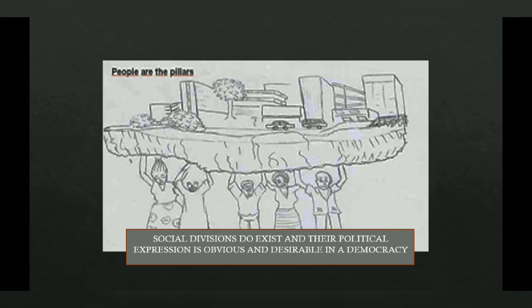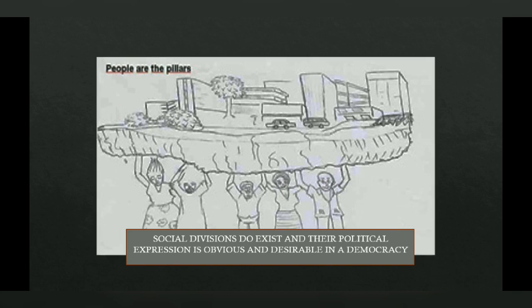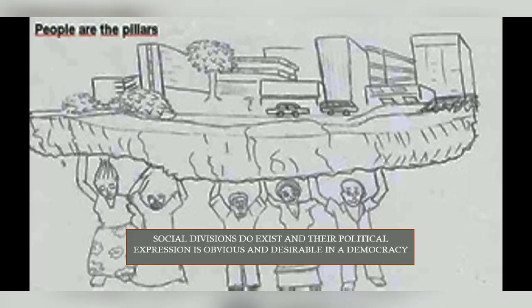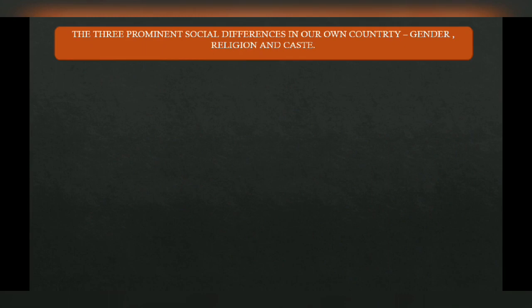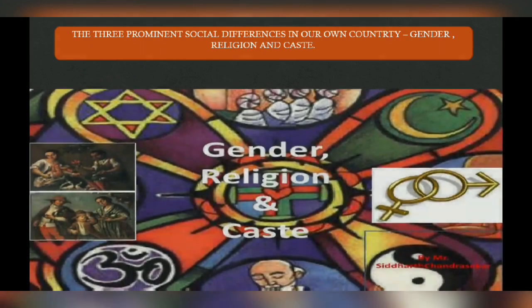If the people as well as the political parties and the leaders play a crucial role in a country where there is social division, then they would be able to strengthen democracy at a very large rate. And also this will create unity as well as integrity and prosperity in the country itself. Okay, moving on, we'll be dealing with the three prominent social differences or social divisions in our country, that is